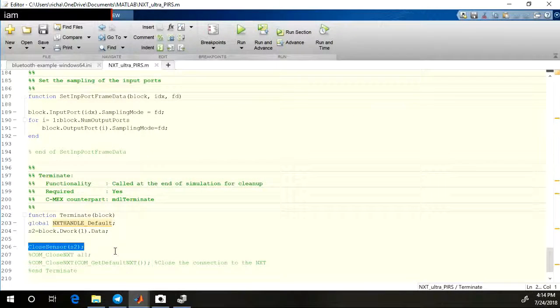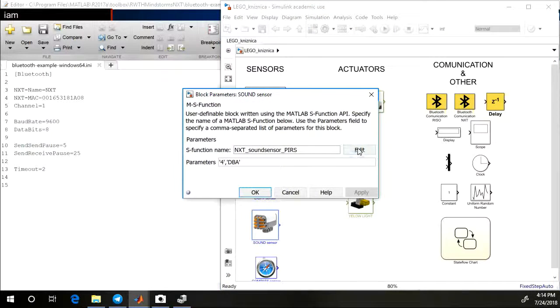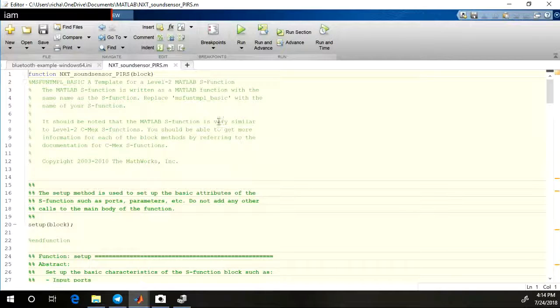Close the sensor is the same command as before. No change. Yeah, this is very similar, just another command for the same thing. If you like, I will just show you. Okay. There are little differences. If you see this,